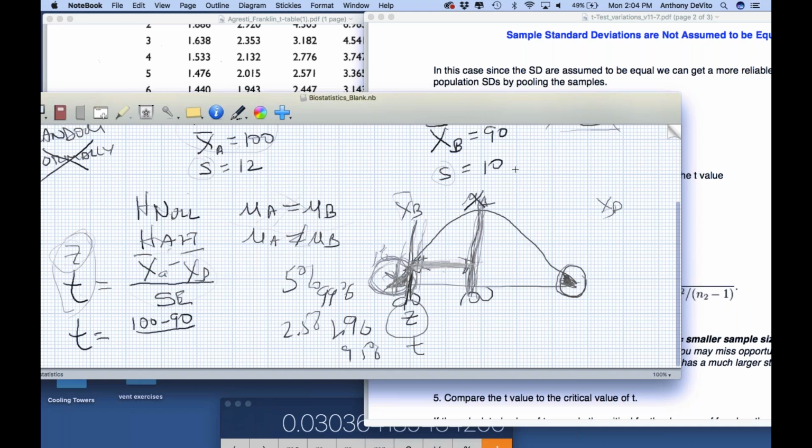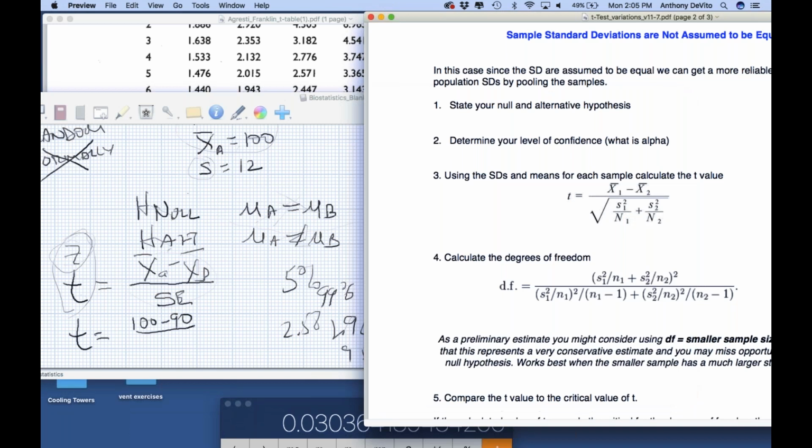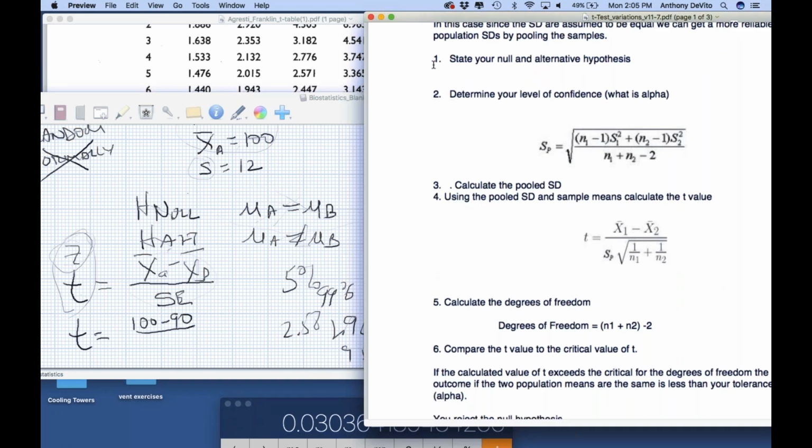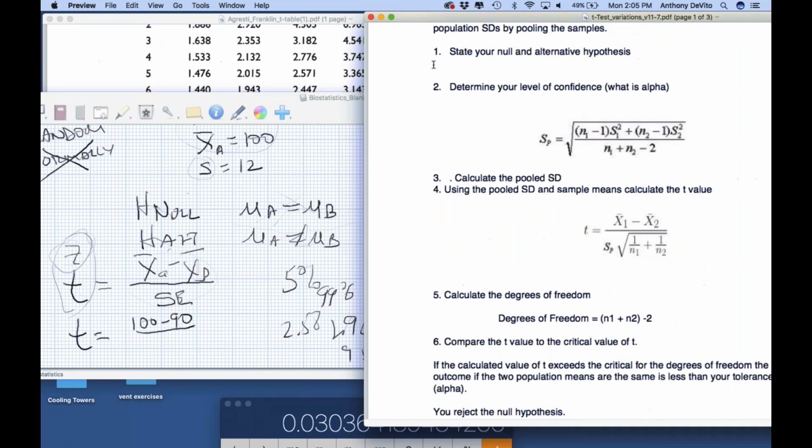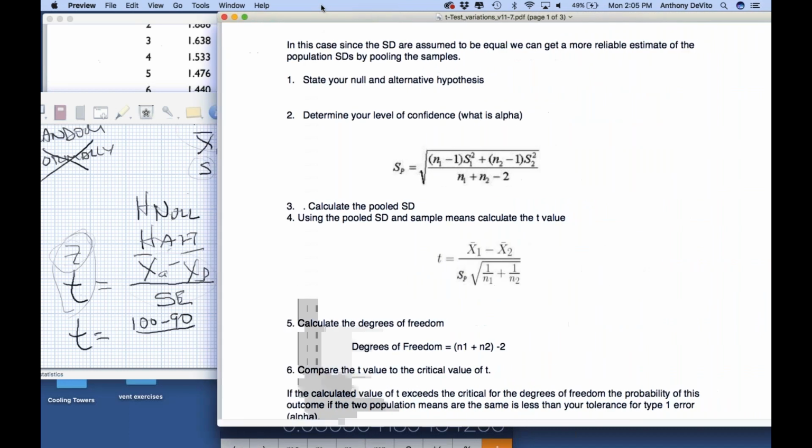As a general rule, if one is not twice or more what the other is, if we're doing it by hand, assume that you can assume equal variances. If one of these was 10 and the other was 24, then you should use unequal variances. In other words, instead of using the formulas on this page, use the formulas on this page. So in order to calculate the standard error now,